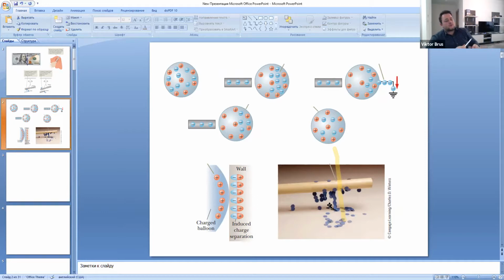In this example, pieces of paper. So from this picture, you can easily do this experiment anywhere: just use pieces of paper and charge any plastic pencil or pen by rubbing it against some silk or wood. You see that electrostatic interaction, so electric forces, are much stronger than the gravitational forces,